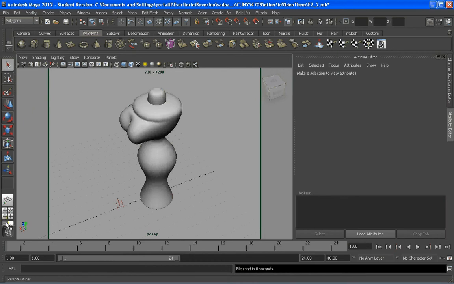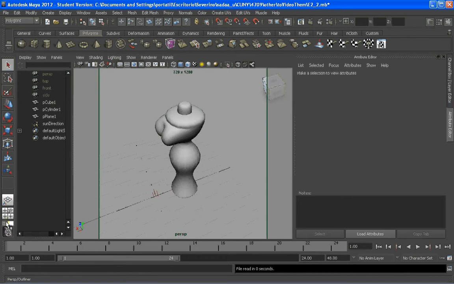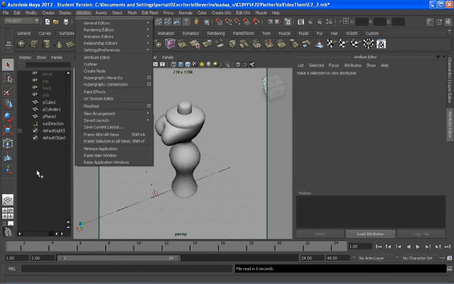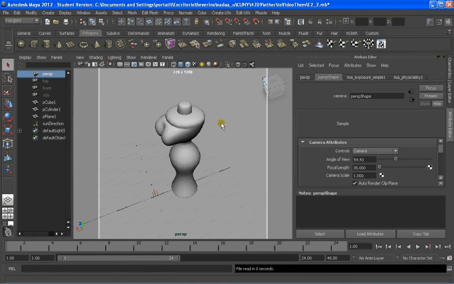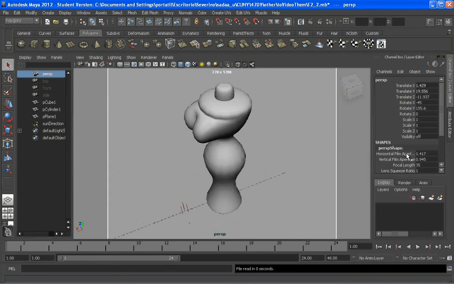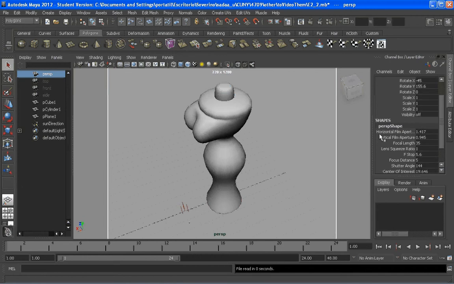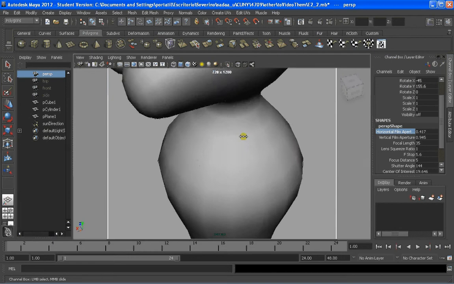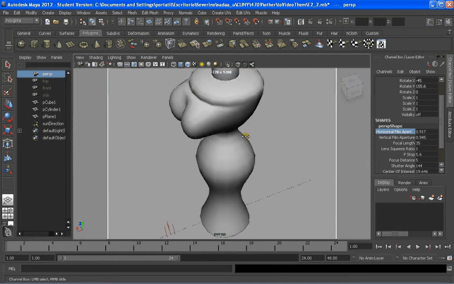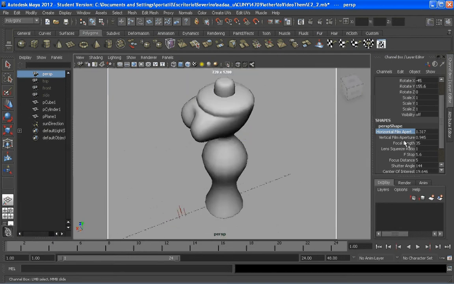If you go to the outliner down here, or Window, Outliner, we can actually press perspective. We're in perspective, and we can change the attributes of that camera. Normally I like to use the channel box instead of the attribute editors by pressing Control A. So you can change here the way you treat the aperture of the film, the lens, the focal length, and the other thing you can do is